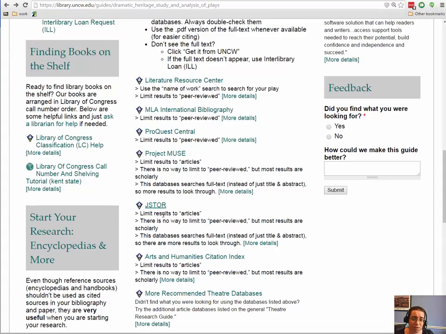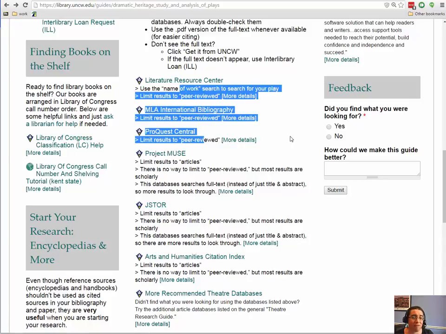So both of these, Project Muse and JSTOR, are going to be almost entirely full text. These first three have the advantage that you can limit to peer reviewed, and you can somewhat limit your search a little bit more because it's not searching the full text of the articles. But Project Muse and JSTOR have a lot more results. So I'm hoping you're getting from this, as I'm talking through it, you're not going to be able to just